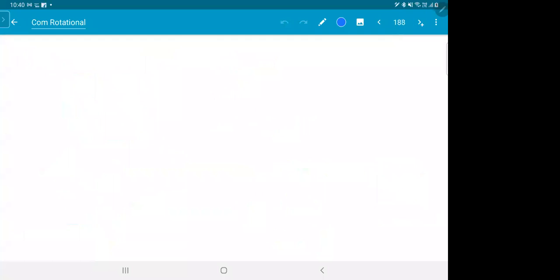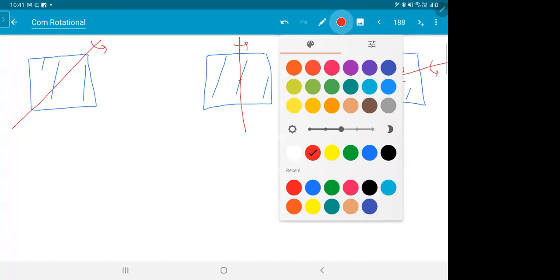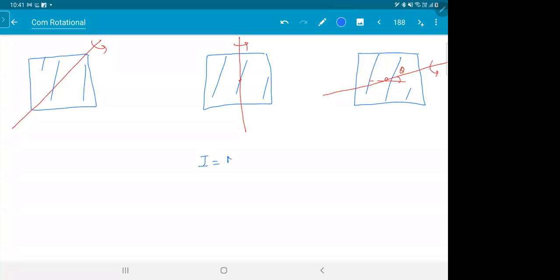Now the square has some pretty interesting results. You take an axis like this. This is what we derived. You take an axis like this to the center, or anywhere you want. The best thing, I is the same for all. We wrote this in the beginning, but again, we will mention it. Quite important. The logic is pretty simple.